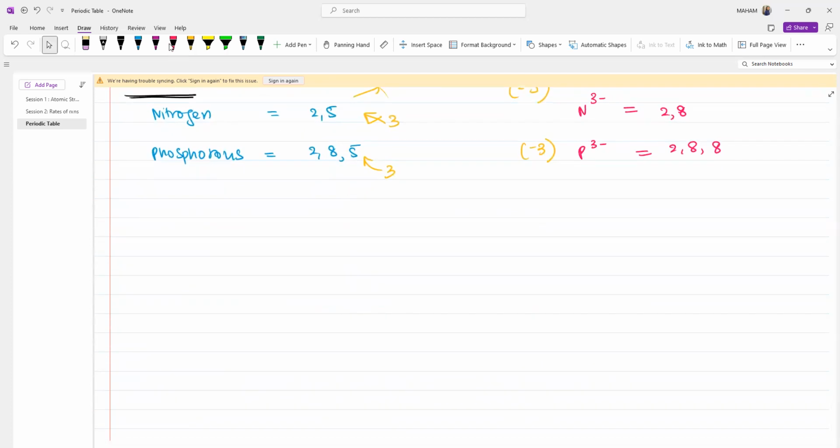Now we move to group number 6. Group number 6 has elements like oxygen and sulfur. So what's going to happen is